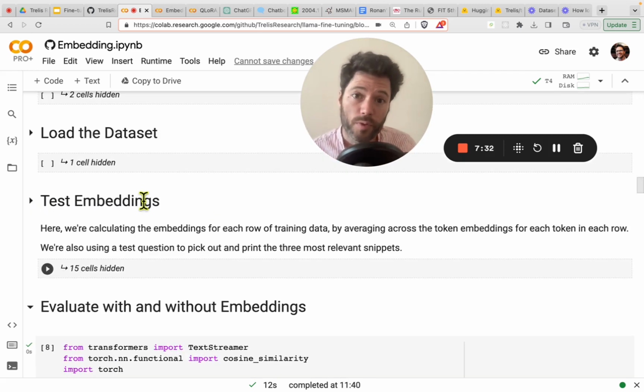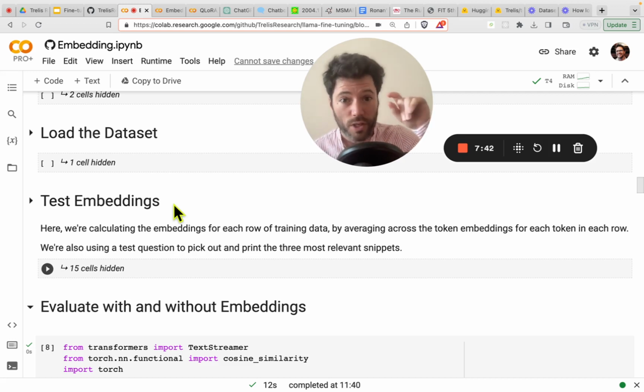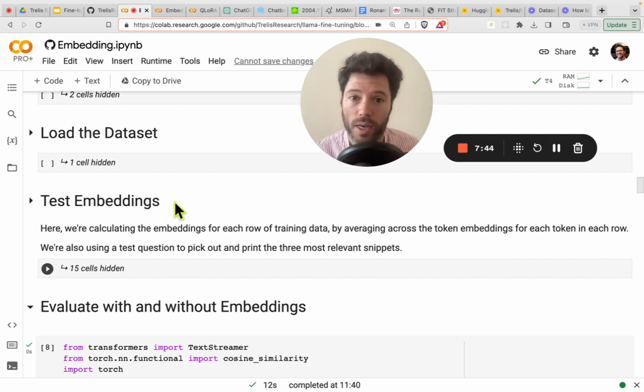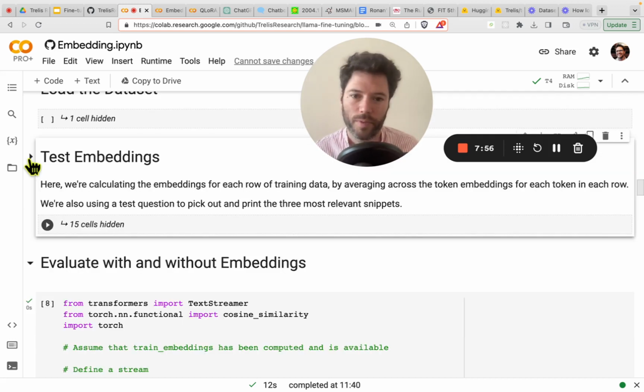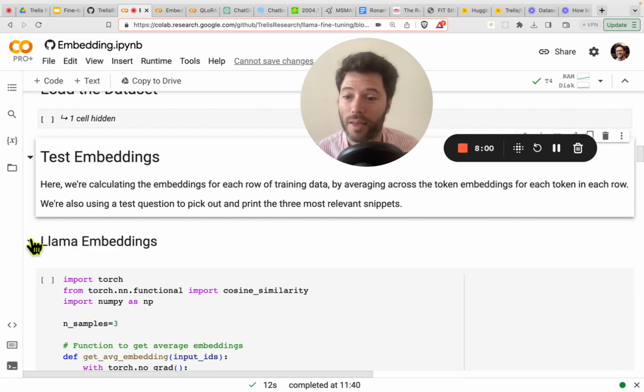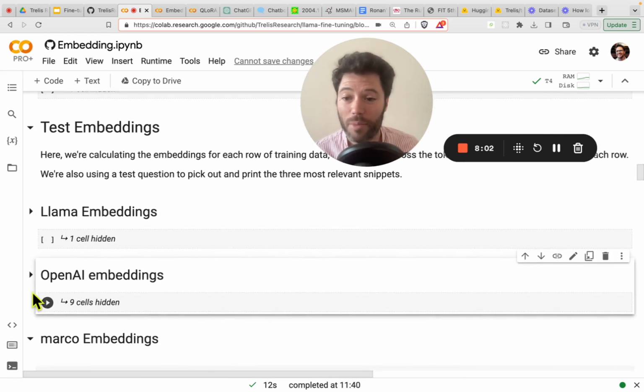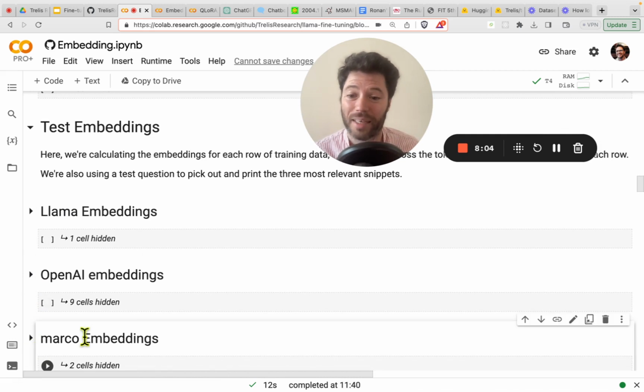We're now going to move to injecting embeddings within the prompt to improve the quality of response we get from Llama. The first thing to do when we set up embeddings is to check that when we ask one question, does it retrieve relevant paragraphs that will help us answer that question? There are 3 different ways that I'm offering here for calculating the embeddings: Llama embeddings, OpenAI embeddings, and Marco